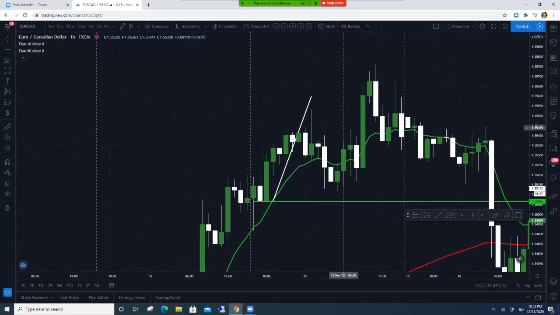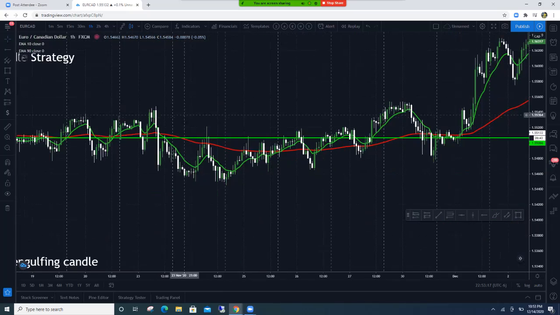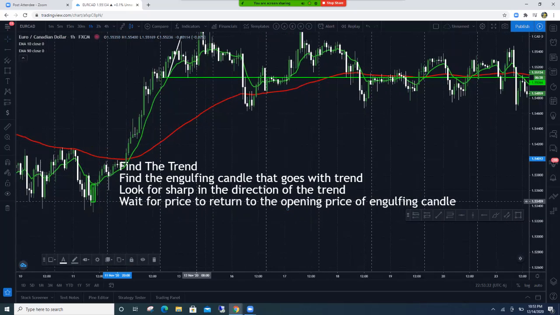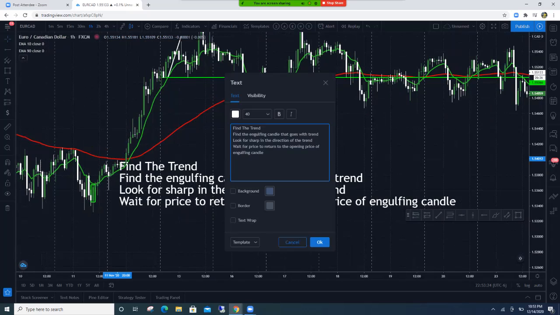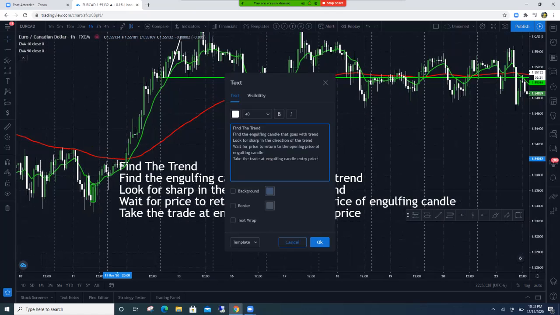Now, what you do, let me zoom back out. So what you do when price hits that entry price is you're going to take the trade. So take the trade at engulfing candle entry. So once you take the trade, now on the hour chart for non-GBP pairs,